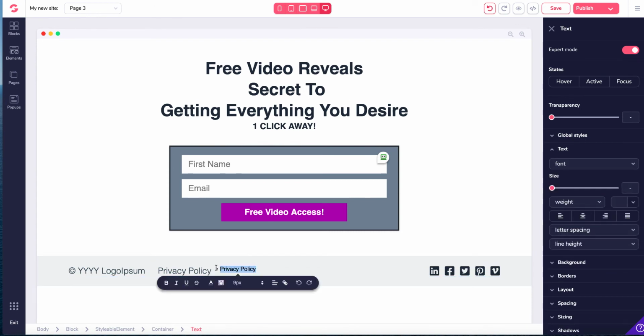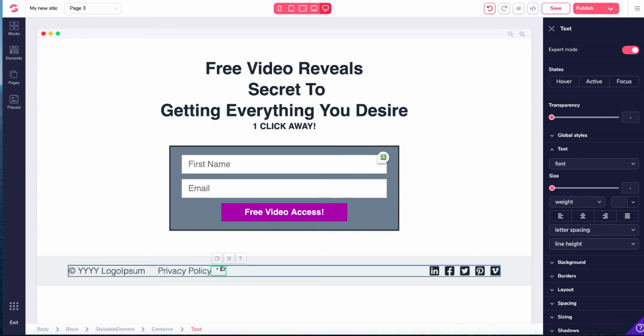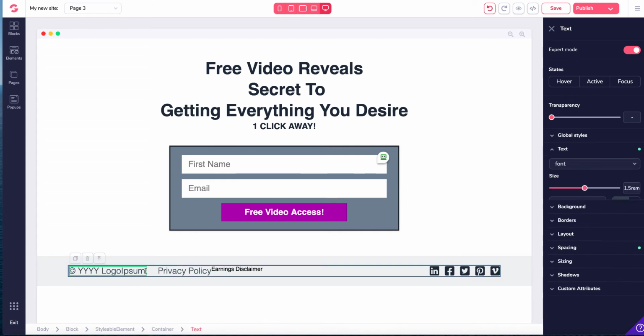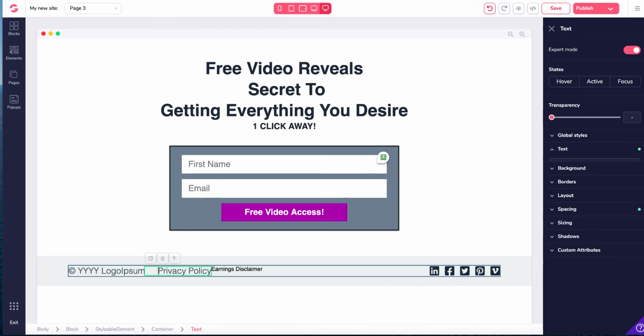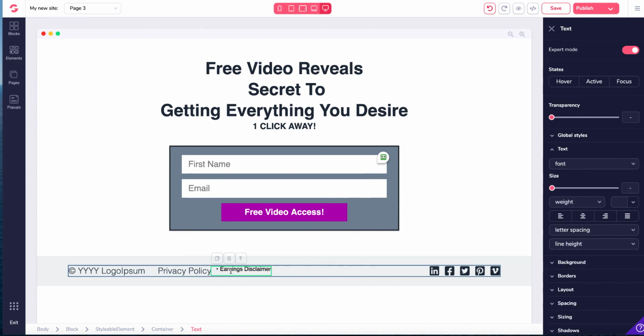You can put earnings disclaimer. I think you would just tidy these up. So you would put your company name there. Here. Let's get rid of that there. You can change it so it's centered, can make it bigger, smaller,